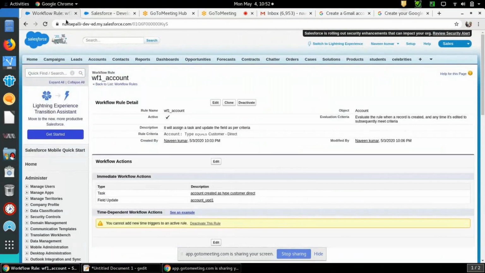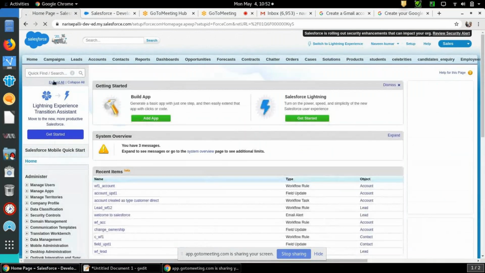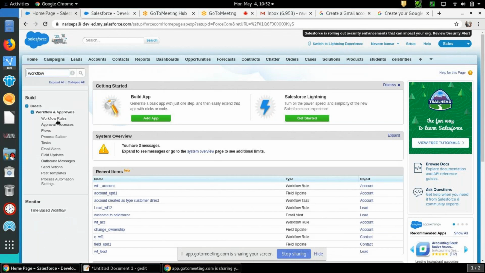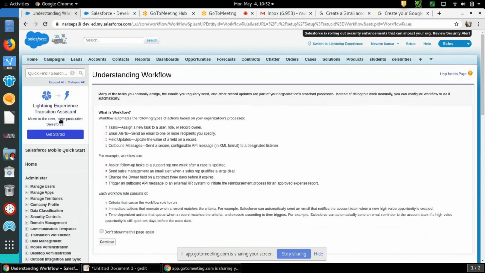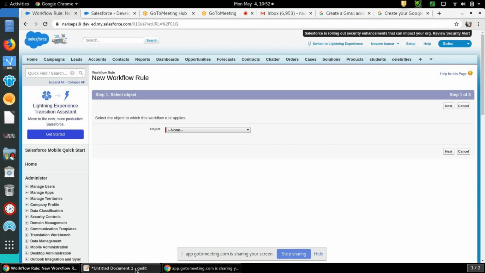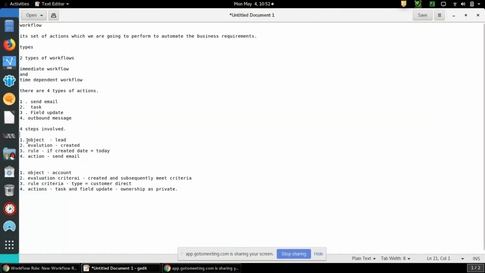Go to workflows. If you go to setup, type here workflows. Under build, under create, workflow and approvals, you'll see workflow rules. Just click on continue. Your list of workflows will appear over here, which we have already created. So I'm going to create a new rule for you guys. As I mentioned, first you need to select an object.